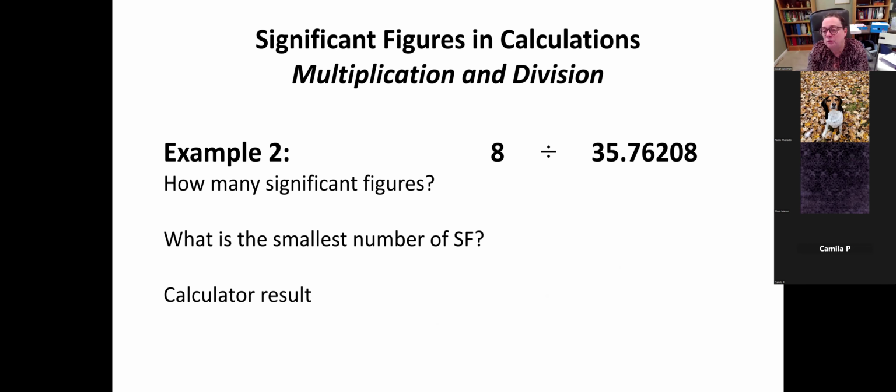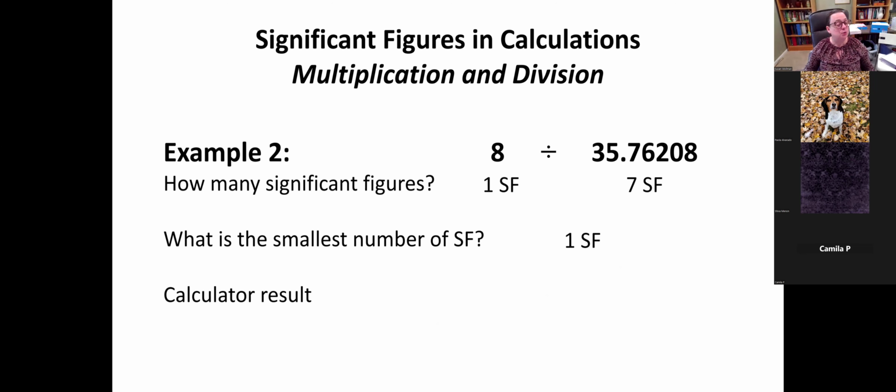We're going to divide it by 35.76208. How many significant figures are in that great big number? Wow, 7. Holy moly. Yeah, that is a lot. Somebody put in a lot of effort, and measured that particular value really, really well. And now we've put their 2 works together. Something with 1 significant figure and something with 7 significant figures. All right, what's smaller, 1 or 7? Just 1. So when we do this math, we are going to be limited to only 1 significant figure,